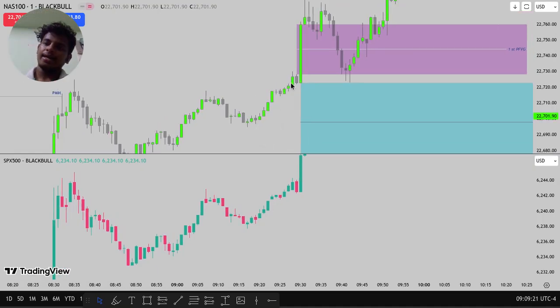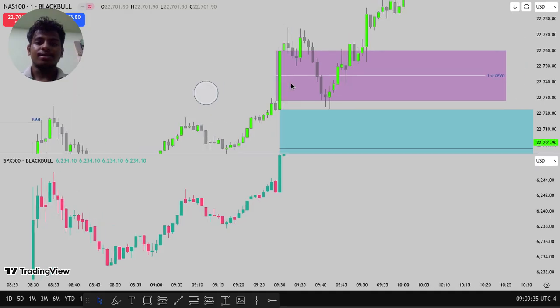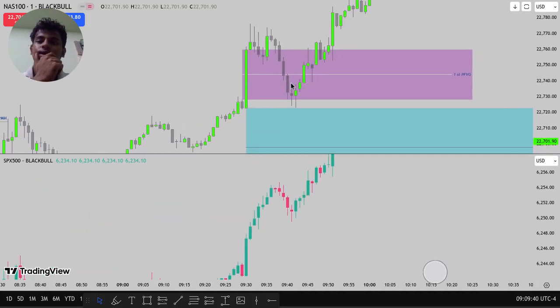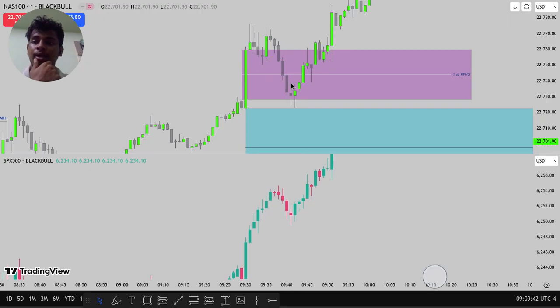Yes, nowadays I have one more confirmation to take a trade. I want SMT on both sides. The first trade is if the market forms an SMT, the second SMT is my confirmation to enter the trade against the first SMT. That's why I got the SL here. Okay, I didn't see that on that day.